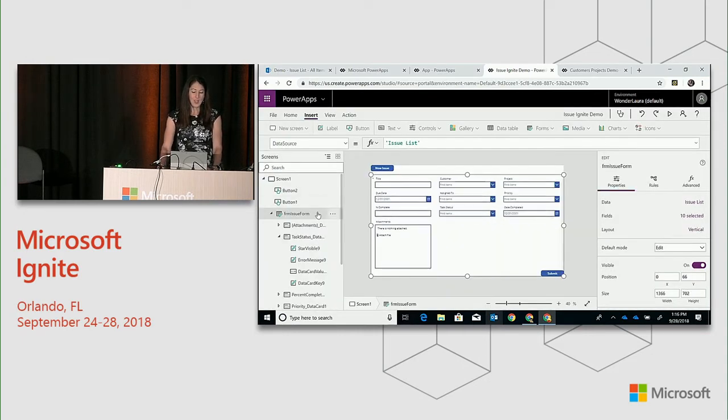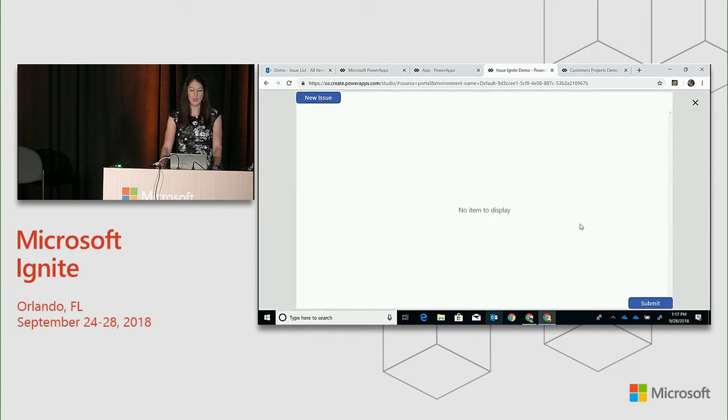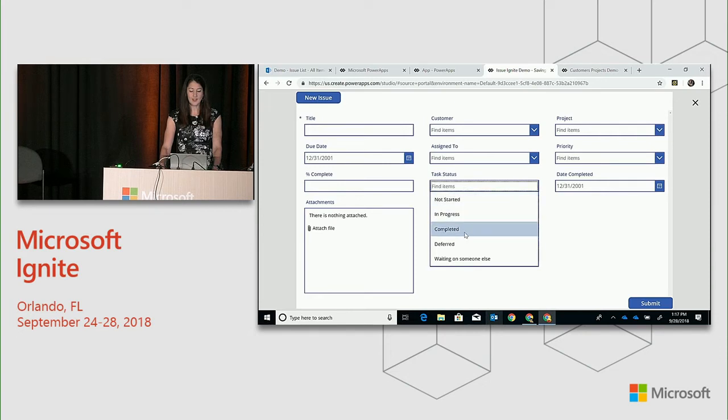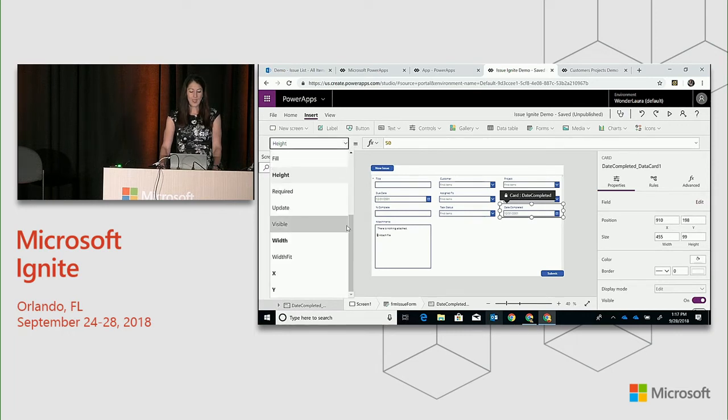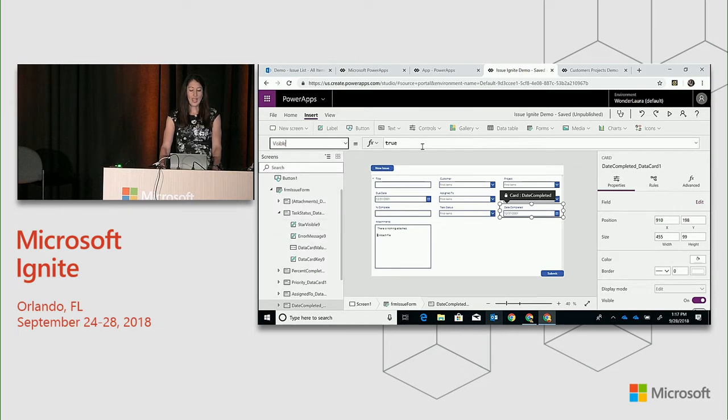There we go. What I want to do is take the date completed field, and when someone changes the status to complete, I want the date completed field to appear. The task status completed is the word I'm looking for. So I select this whole card, date completed, and go to the visible property. It looks like the visible property is not even locked, so I don't even have to unlock this card to put some logic in the visible property. So watch, if I just type false,